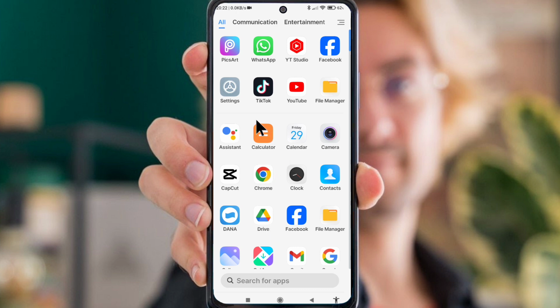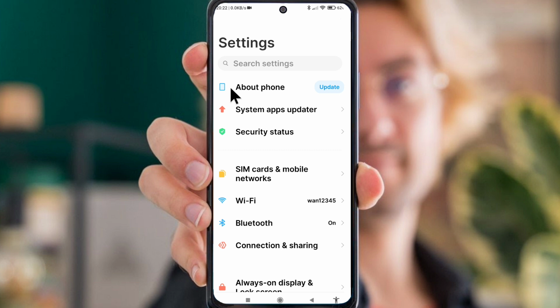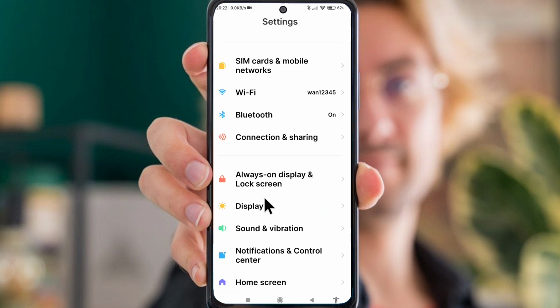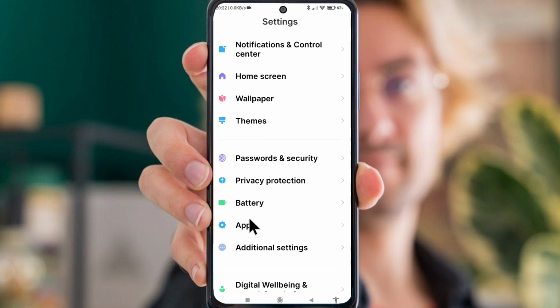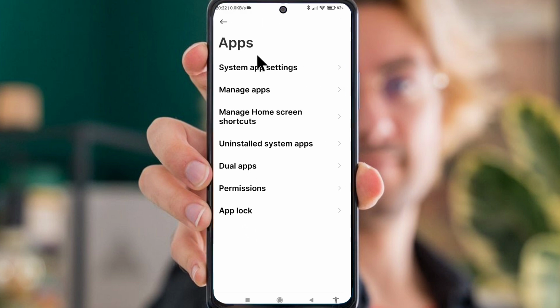Okay, first of all, go to the Settings menu on your mobile phone, and then scroll up and select App settings. Then go to Manage apps,